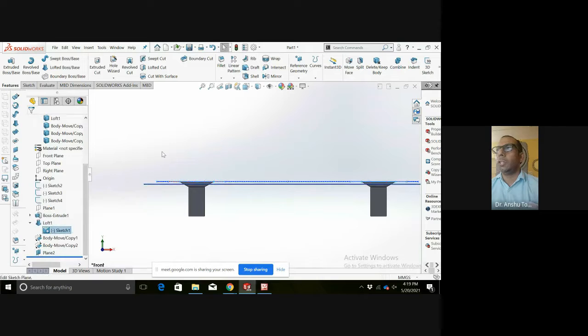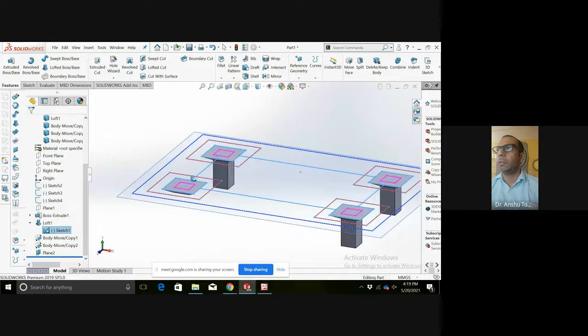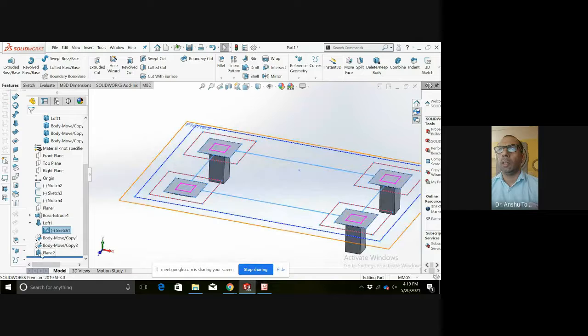And this sketch is going to be copied. Let me see first which one do we require. Sketch number 4, no. We require no 1. We require sketch number 2. Control C, plane 2, Control V.